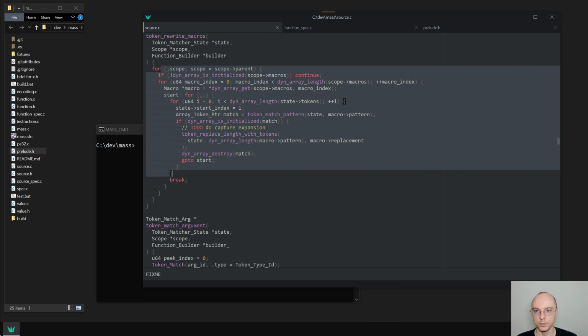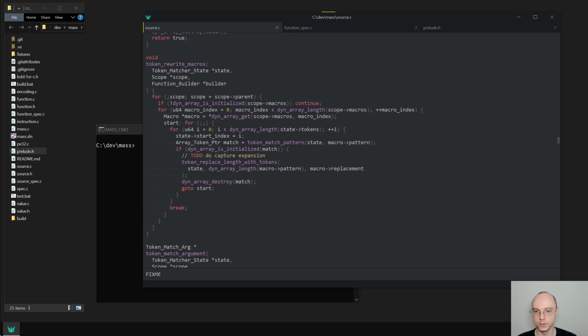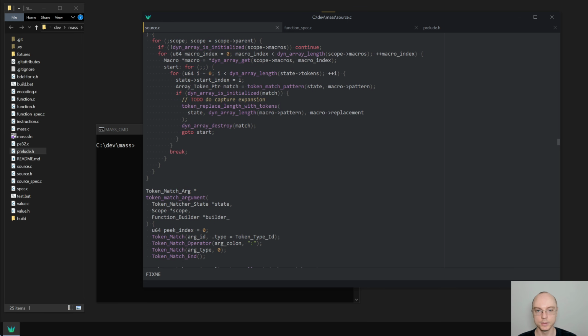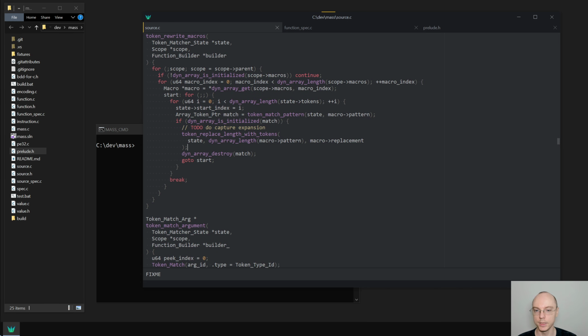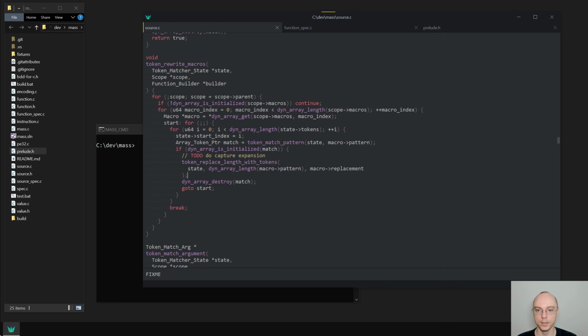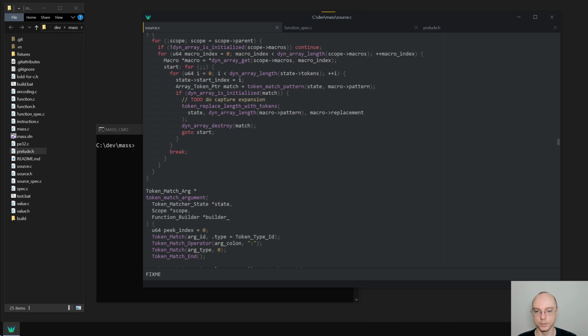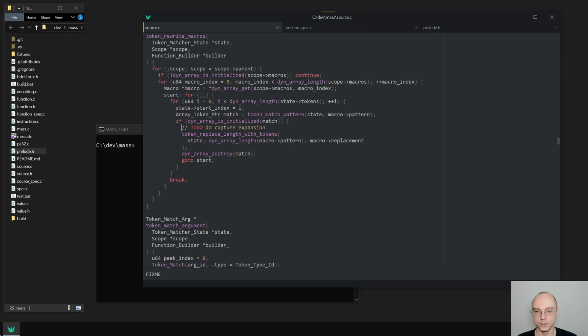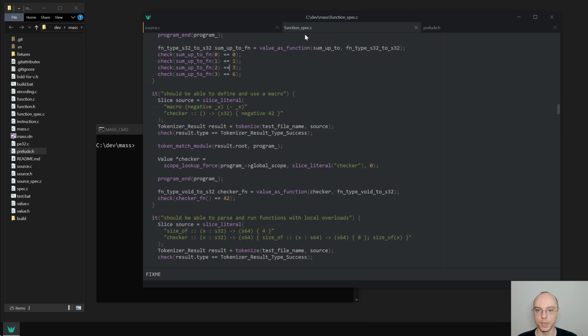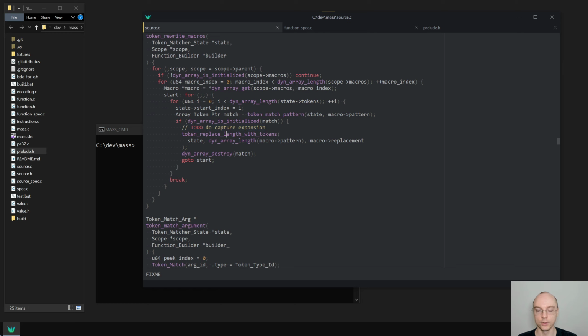So this is the main rewriting routine, lots of nested loops, but this is just approach I decided to take. It's not very efficient, but it is something that we can use for now. And this is a to-do, and that it needs to be resolved now to make sure that we somehow identify what was at the position of underscore x. And the way I'm gonna do that is that